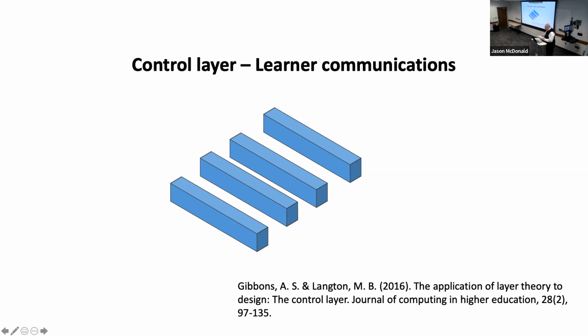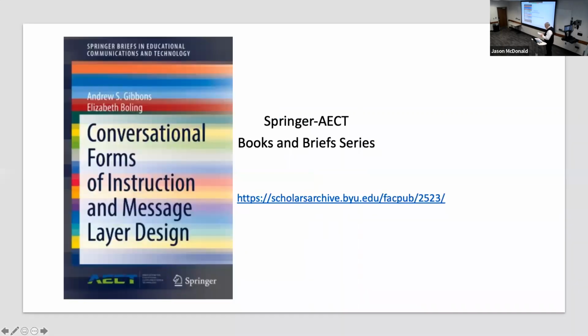Okay, so today's subject is the validation of the fourth major layer, the message layer. Elizabeth Bowling and I just recently published an ACT monograph on the message layer. We believe that it is a validation of the message layer, its reality, so to speak, and that it can be used as a tool. The pre-publication version of it is available on Scholars Archive, so enjoy that. It's more lengthy than I'm going to talk about today, clearly.